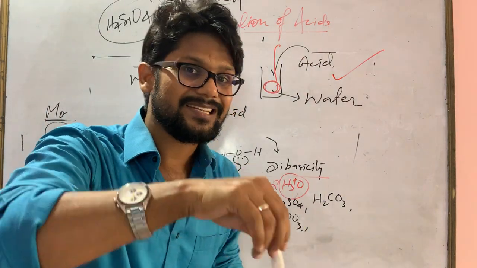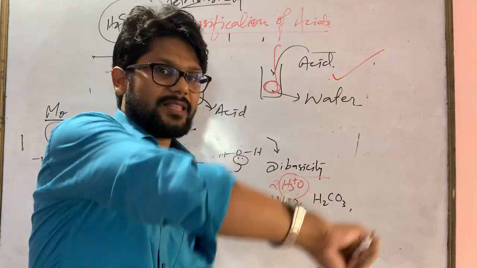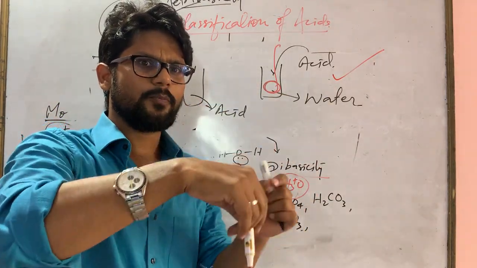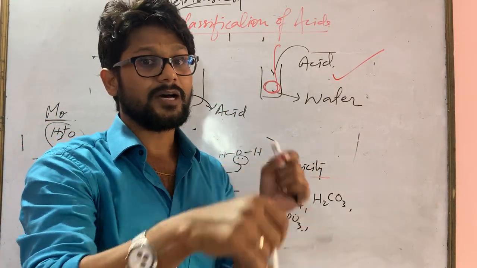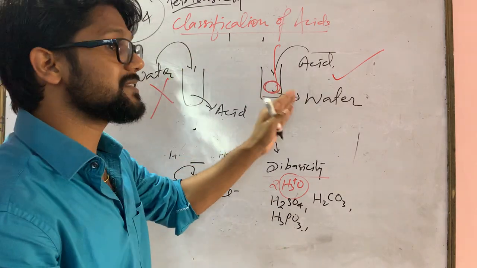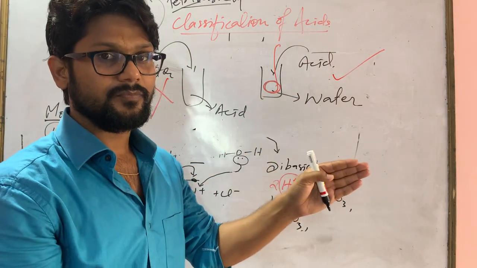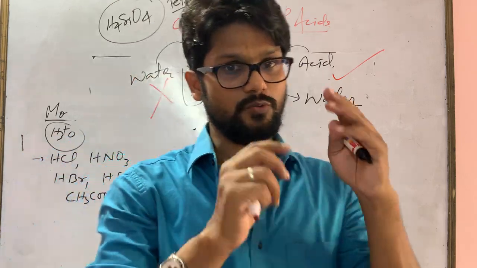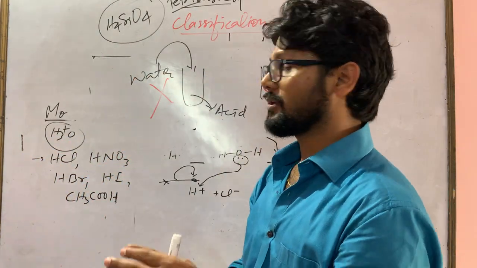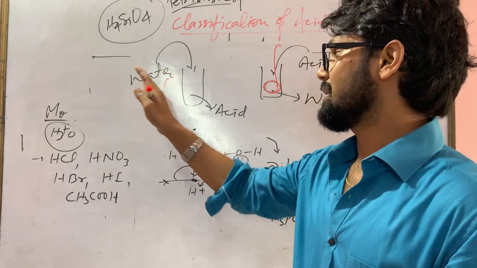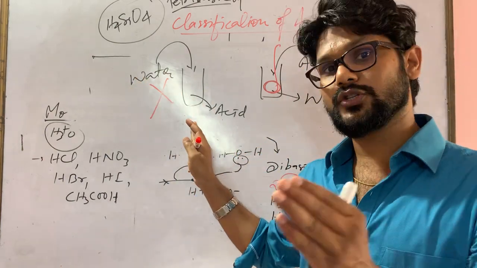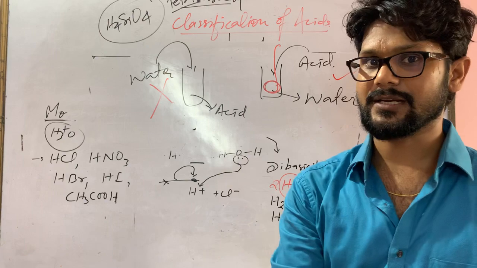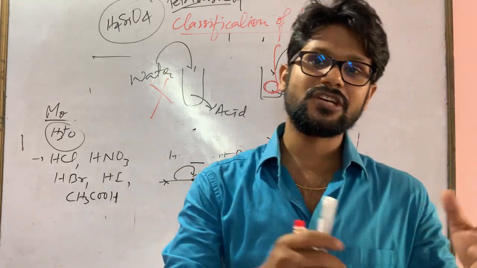With continuous stirring, when we add acid, not like just pouring it, but slowly, drop by drop, and we have to stir it. Otherwise, the same process can happen if a large amount of acid is added at a time. So you must remember, this is a very important question. Water is never added to acid in order to dilute it. The reason I already said.